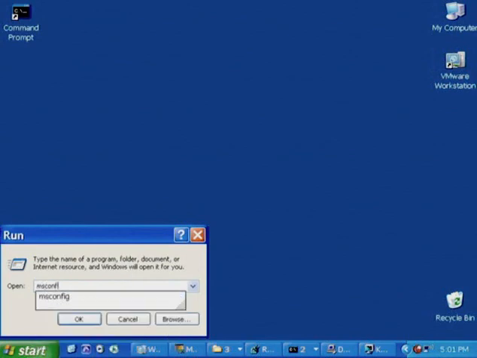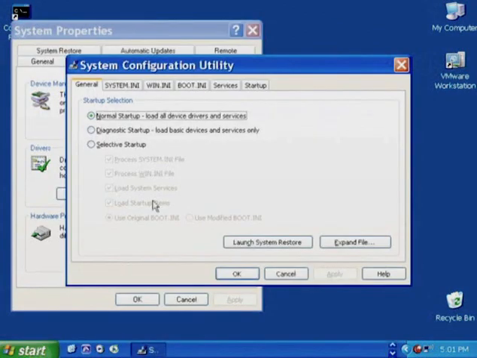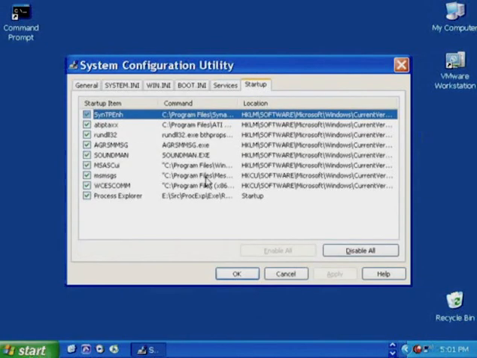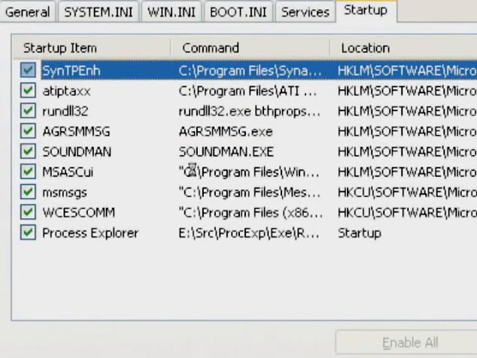Most of you are probably familiar with the tool that was introduced in Windows XP called msconfig. I'm going to run msconfig by going to the Start Run menu and typing msconfig. And the tab that's related to startup problems is over here on the far right, Startup. What you see here is a list of some of the components that are configured to run automatically when I log into this machine.